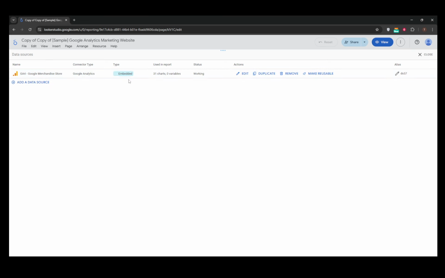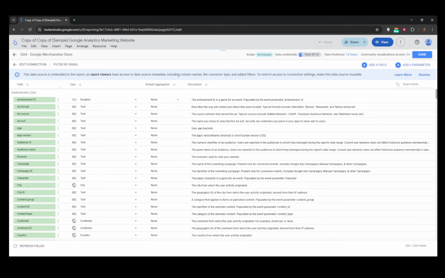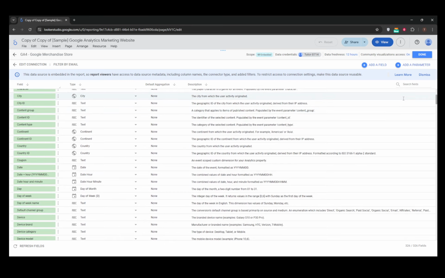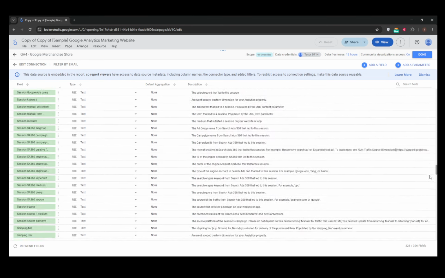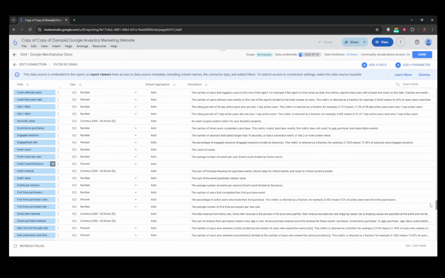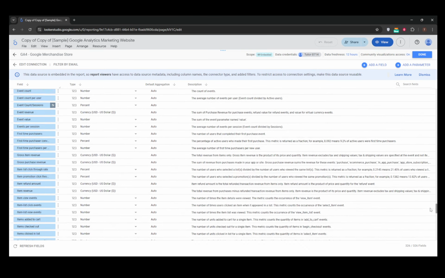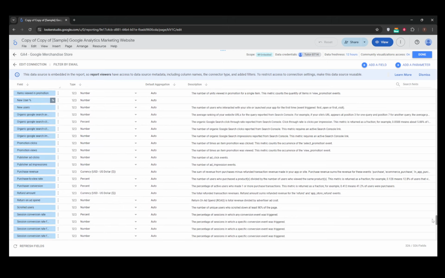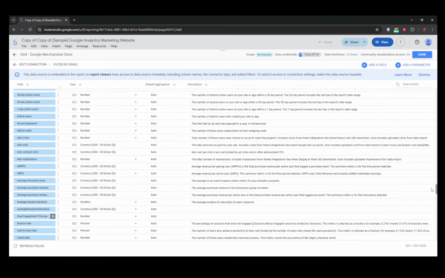After you've made these changes, click Save to confirm the new field, and then Done to exit the editor. This will take you back to your main report setup. Now you can add this new metric to any chart or scorecard within your report. Simply drag and drop it into your desired location, and Looker Studio will automatically display the average engagement time in